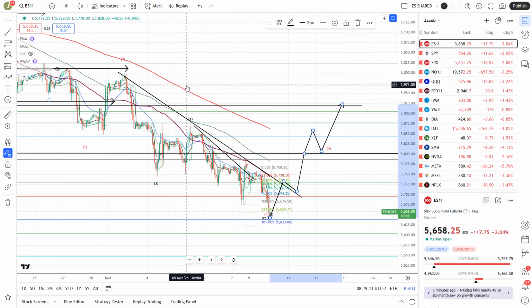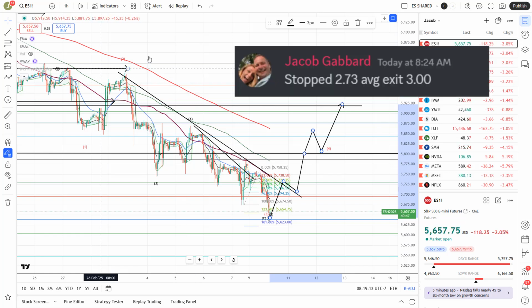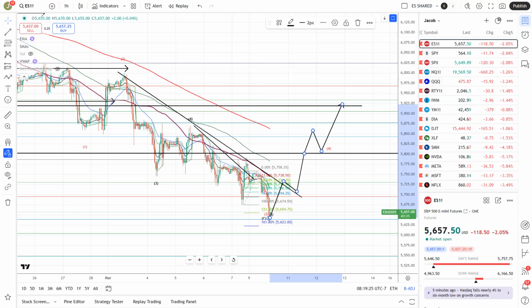Okay, we just stopped out. So we stopped out at 273, and that's going to be an average exit on our trade of $3. And so that average exit of $3 is a 10% winner. So we won 10% on that trade, and really didn't take much heat on it. So I'm going to go ahead and we'll come back over here real quick to the